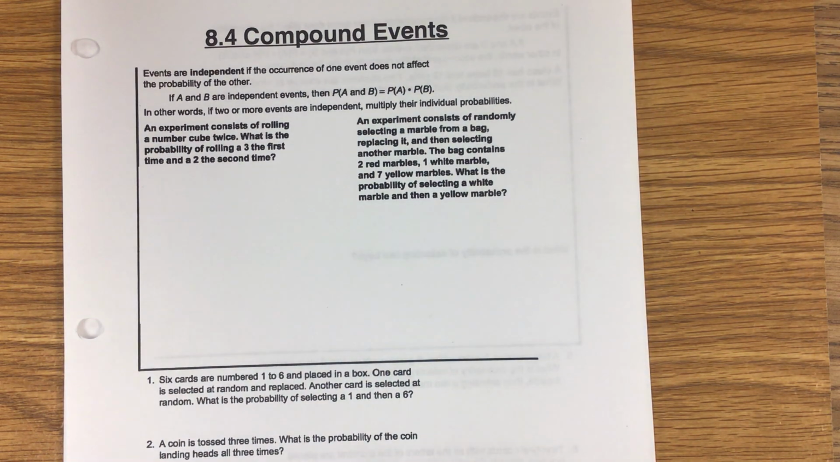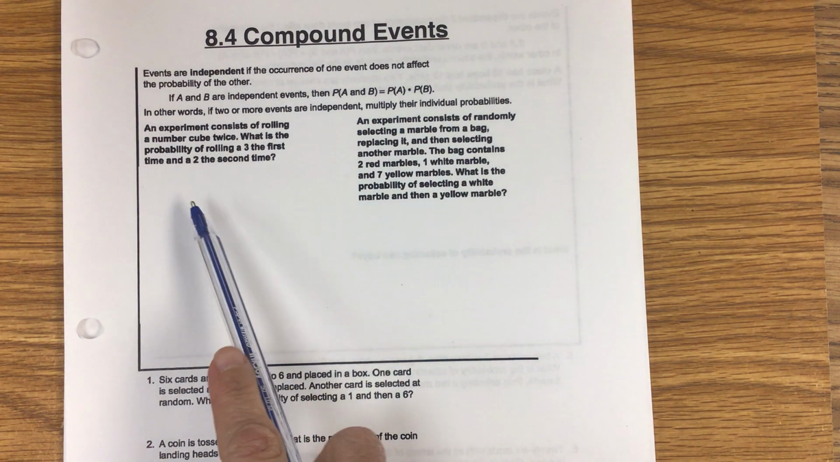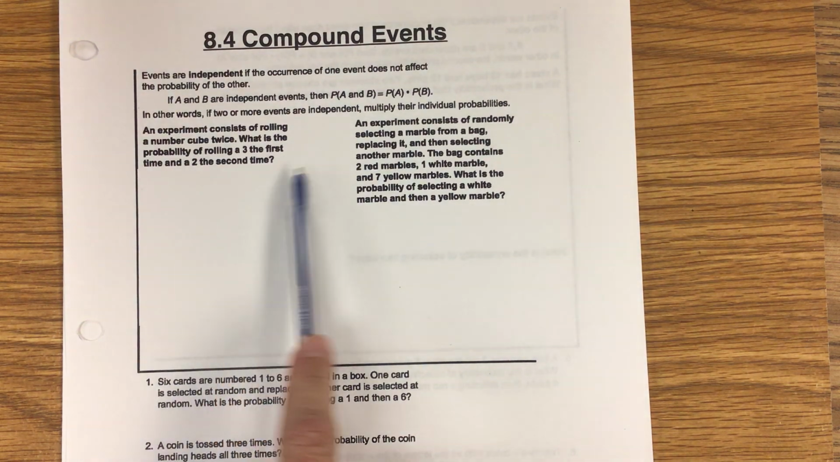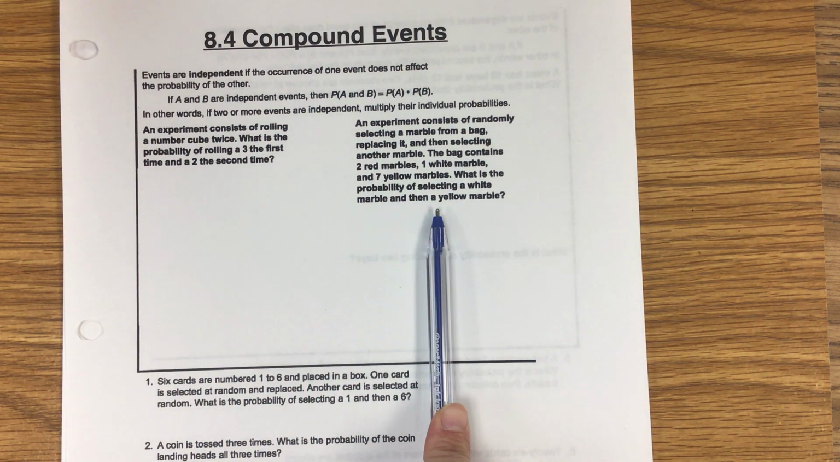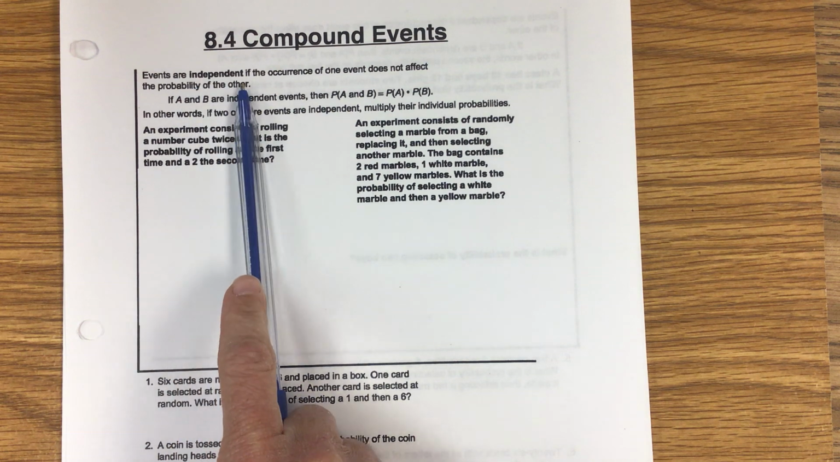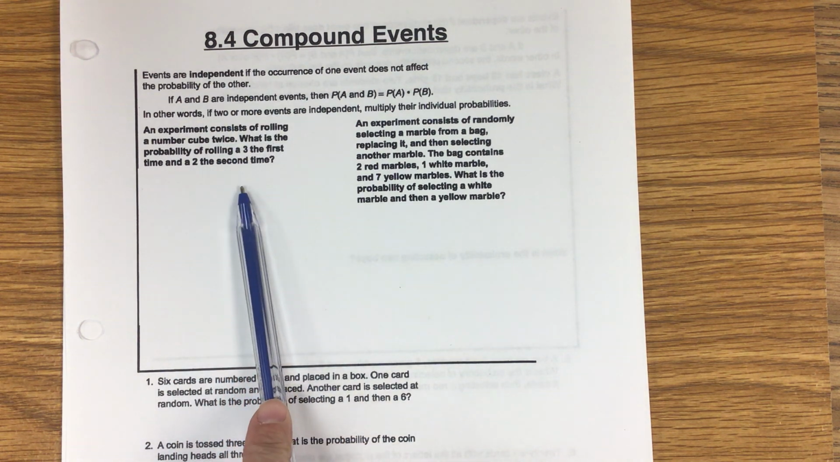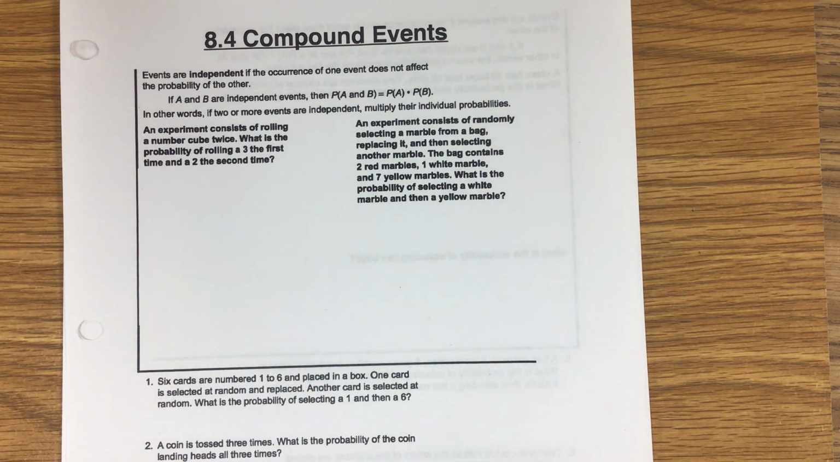So, we'll talk about rolling dice, and we'll talk about drawing marbles, and we'll talk about how they can be independent. Independent means if you do an event once and then you're going to do something else, that first event does not affect in any way what happens to the second event. So let's look at some